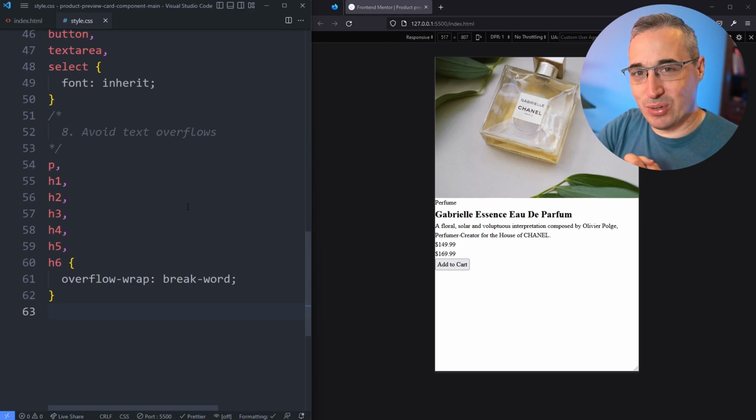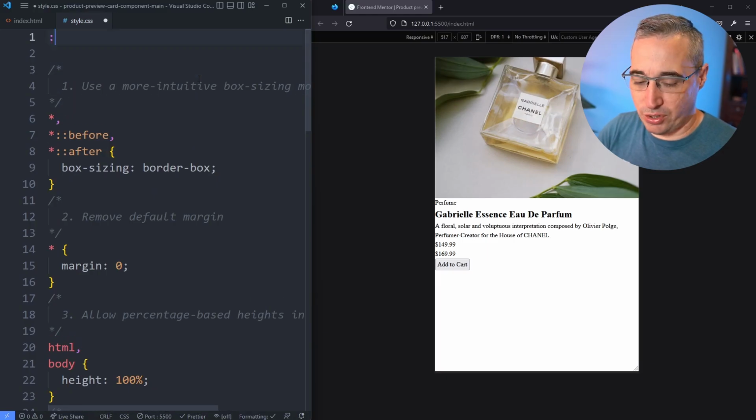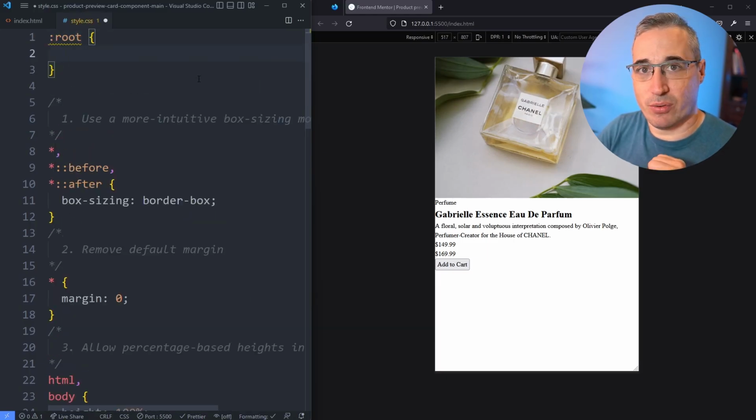And the first thing we're going to do now is set up our custom properties. So to do that, I'm going to come all the way up to the top, and we're going to create our root selector here. If you're not familiar with custom properties, it should be very easy to follow along anyway. They're pretty simple, especially how I'm going to be using them in this project. But I'm also going to link to an in-depth playlist in the description of this video